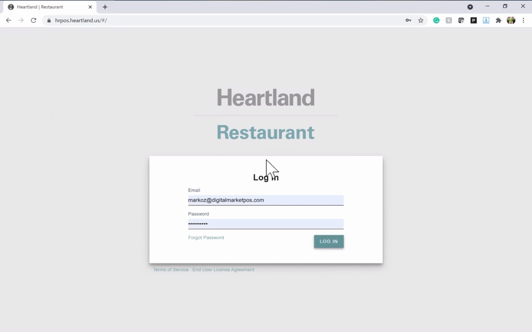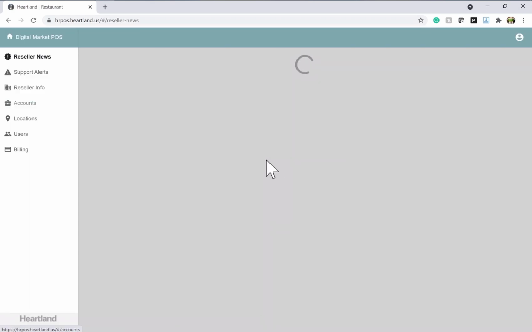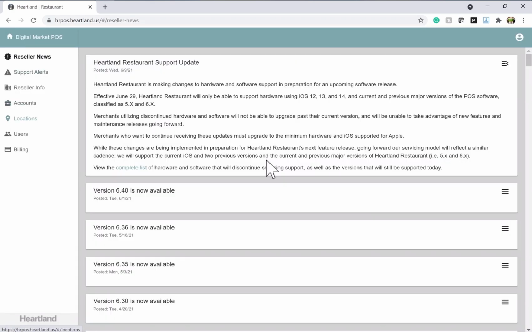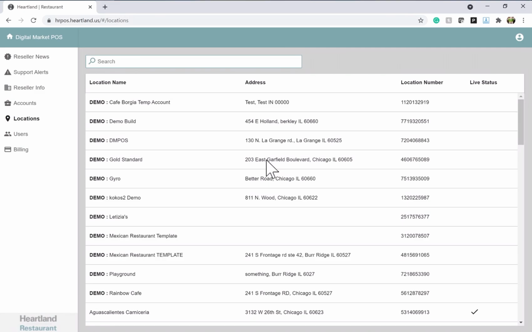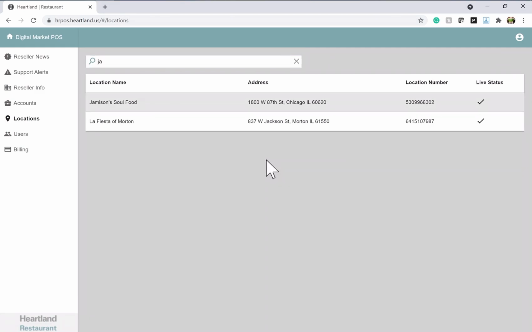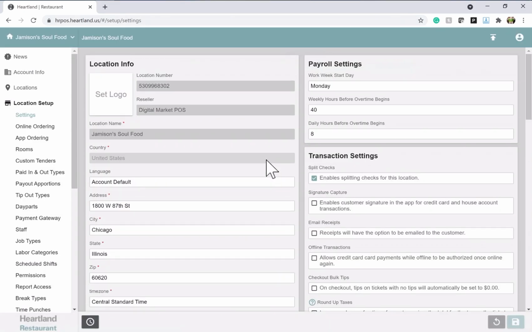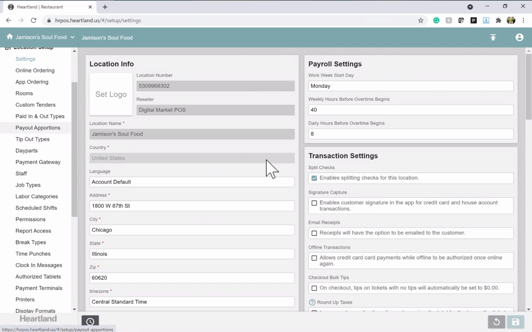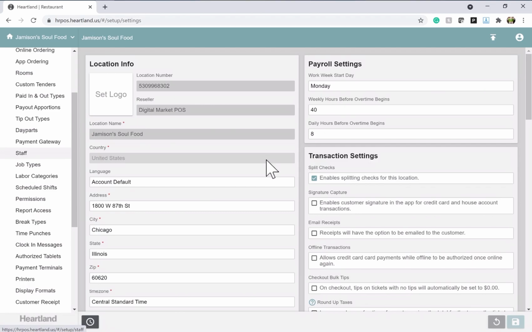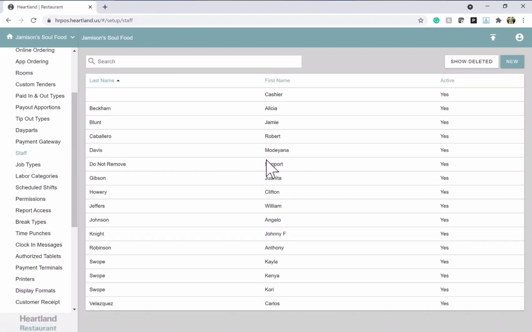So after you log in, you're gonna be presented, if you have multiple locations, with all the locations available. So I'm just gonna select yours. After you're logged in, on the location setup on the left-hand side, there is a section called Staff. You're gonna click on that one, and then in order for you to add a new person, you're just gonna